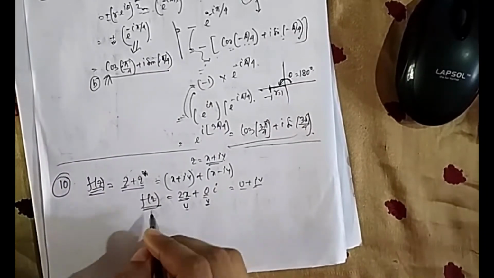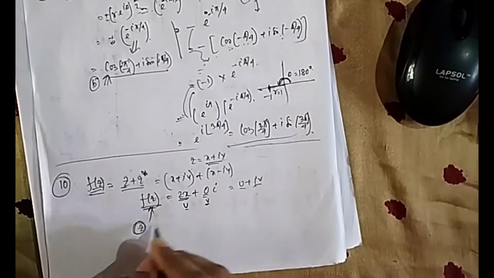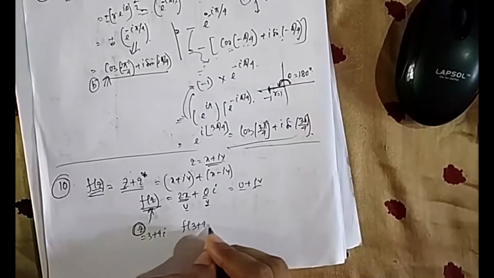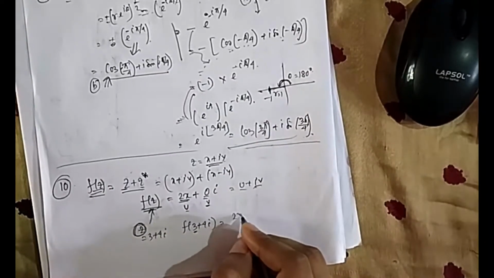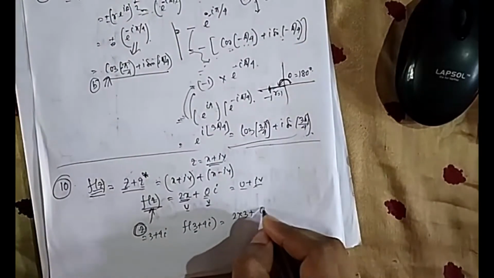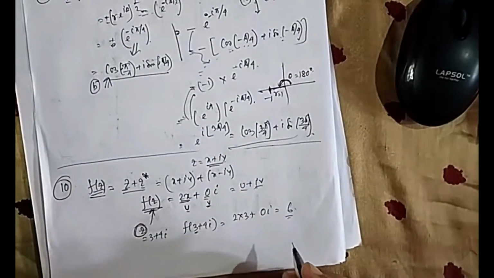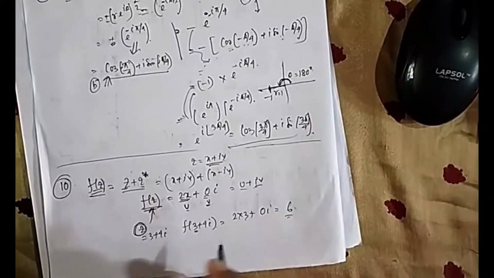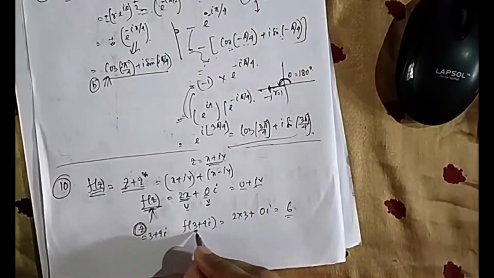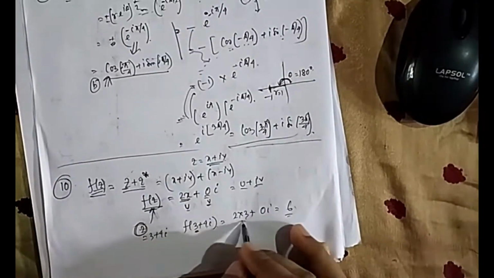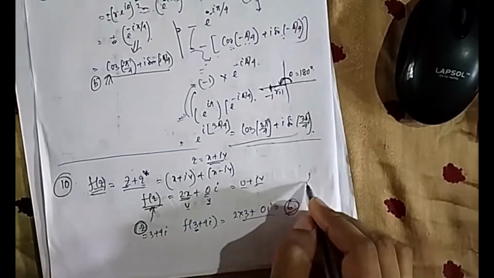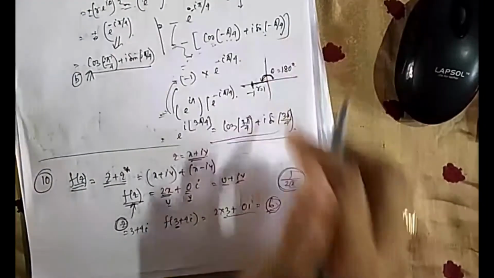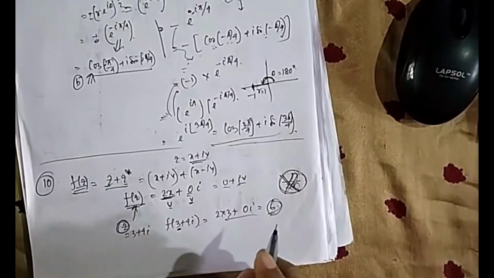First you see continuous or not. Continuous means if you put any value of z, it should satisfy. Suppose you want to put z = 3 + 4i. So what will be f(3 + 4i)? In place of x you will put 3, and in place of y you would put the value, but no y is there. So you can put any value, 5 + 6i, 7 + 8i, whatever value you give x, there will be some answer. The problem would occur if it were 1/(2x). Then if you put x = 0, it becomes infinite, and it is not continuous. So this is normal algebra, so this is continuous.